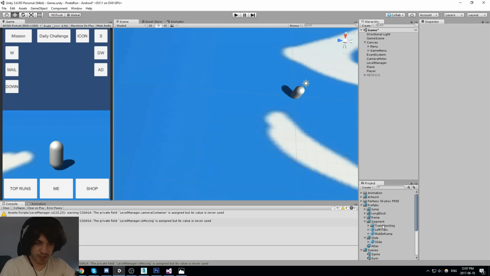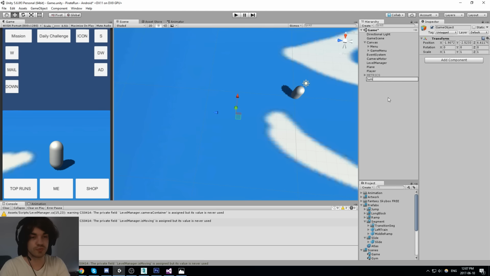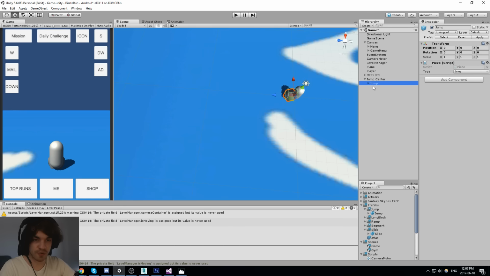Okay, and just for the sake of it, I'll create a new one since we do have the jump. No, I can't just call it jump. Jump center. And this one we can put, of course, the jump.